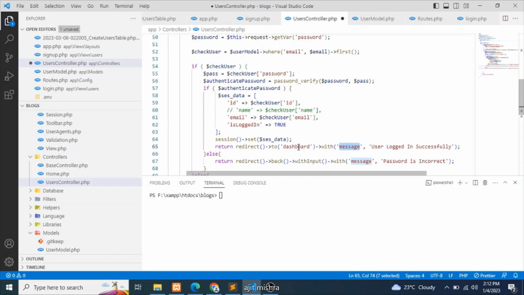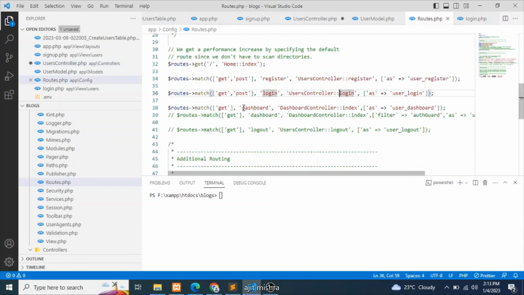So let's check whether our dashboard route is created or not. In routes, here we are creating it with just a get method, because the dashboard will only display if the user is logged in,